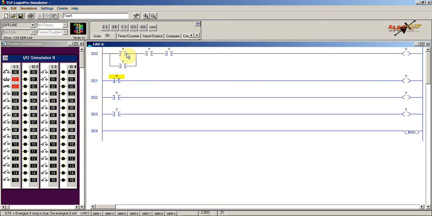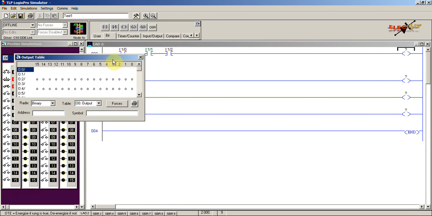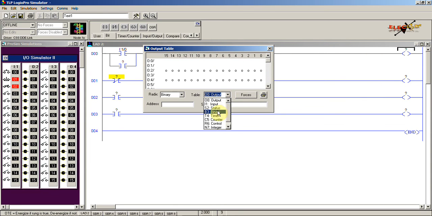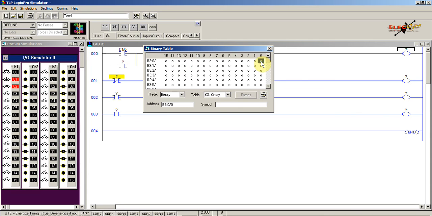Here this is what we have considered as a start push button. So we'll take the address of this one and place it here, and then this one is push button 2, which is a stop push button. Then I'll place the address of this to this instruction, and then this one is a limit switch. I'll place this limit switch address to this one, and then the output. Since we are using a motor starter, we can use this as an internal relay type, where we are going to use a bit file, this binary file. I'll use this particular bit to store the status of this output.